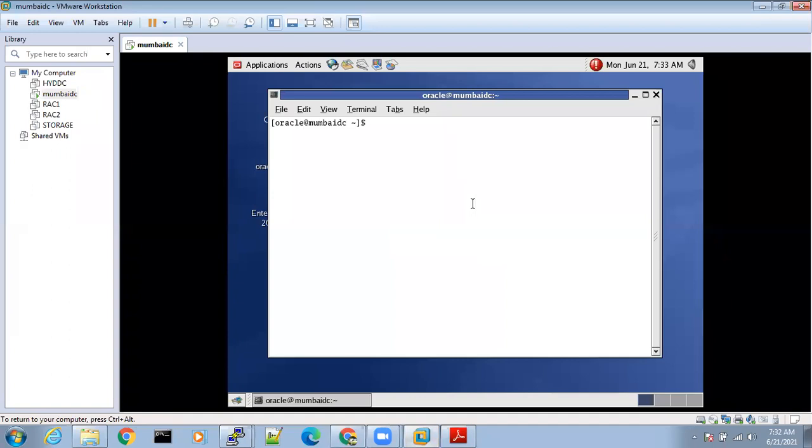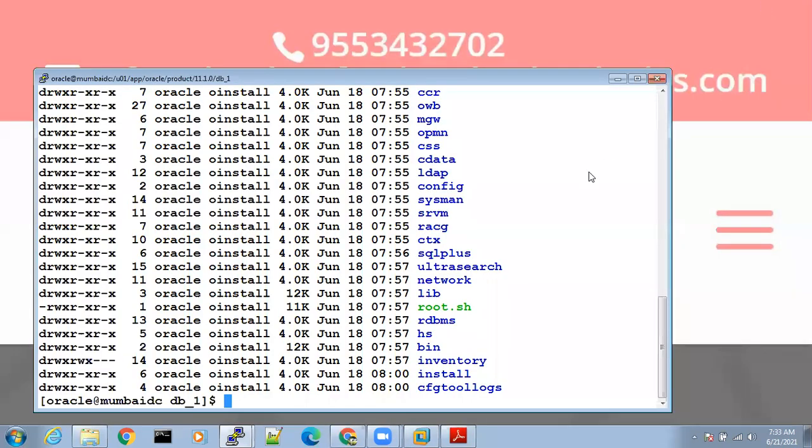Just open a terminal. There will be a command. If you type in the command, what happens? A GUI screen comes up for database creation. And you just need to click on next. That's it. The database will be created for you. But I don't want to go with that method. That's the easiest method. If you start working with a different methodology, which is a tough method, then your life becomes simple going forward.